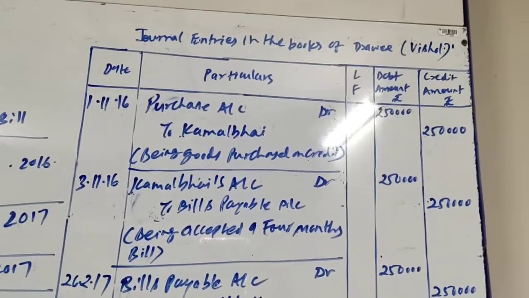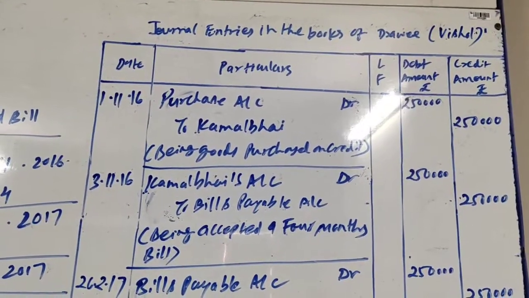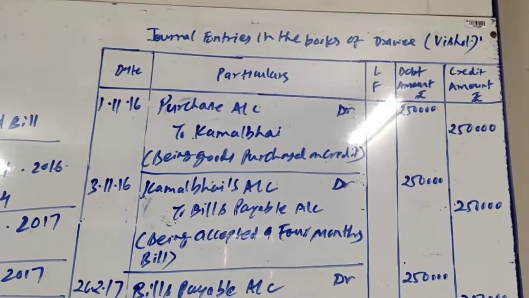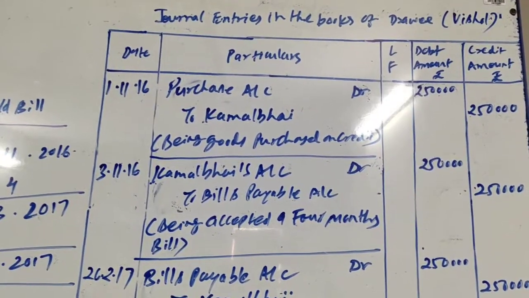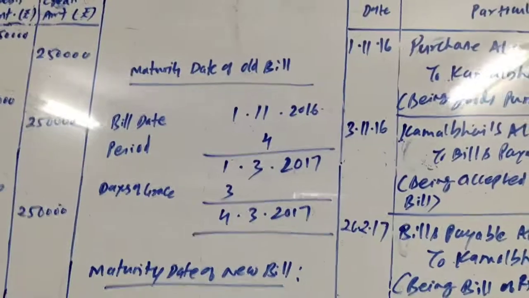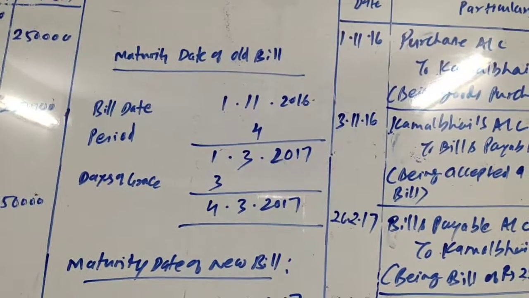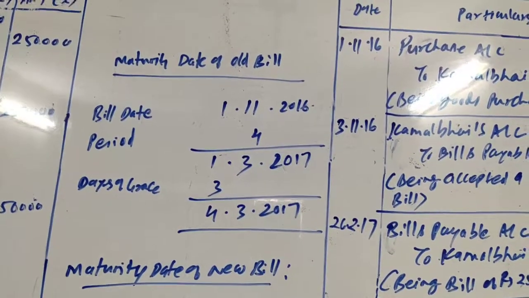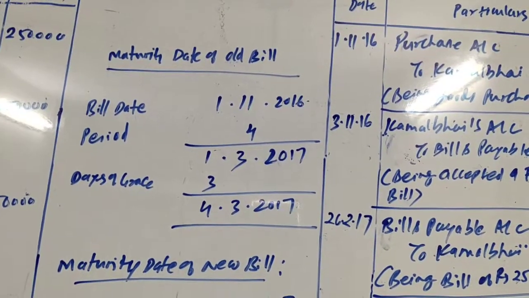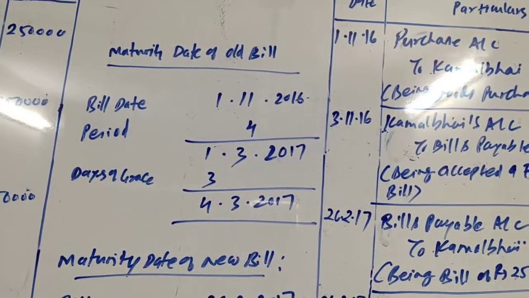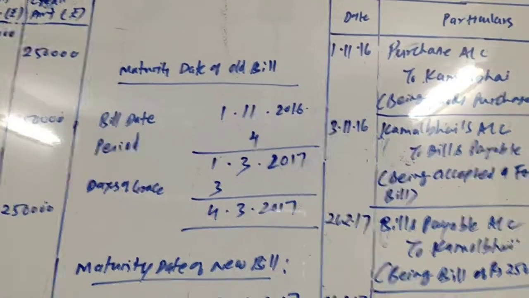Now friends, on 26/2/2017, Vishal requested to cancel the bill. Before that, we will find the maturity date of this bill. The bill is drawn on 1/11/2016. It is for 4 months. So when I add 4 months to 1/11/2016, I get 1/3/2017, that is 1st of March 2017, and 3 days of grace are added, so 4th March 2017. 4th March 2017 is the maturity date of this bill, which is not needed in this sum, because